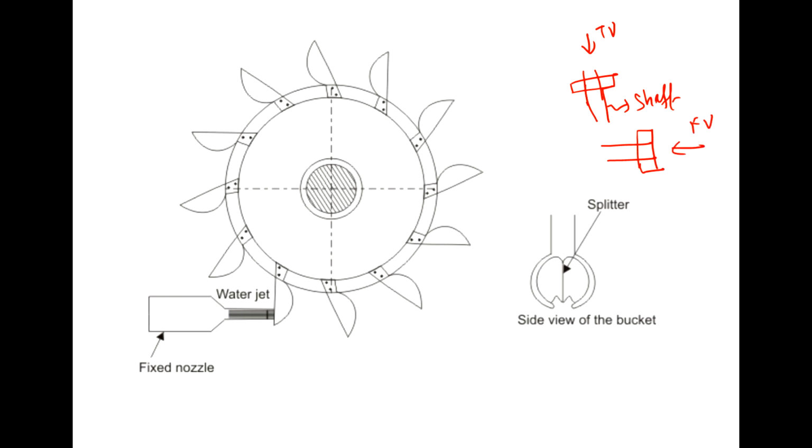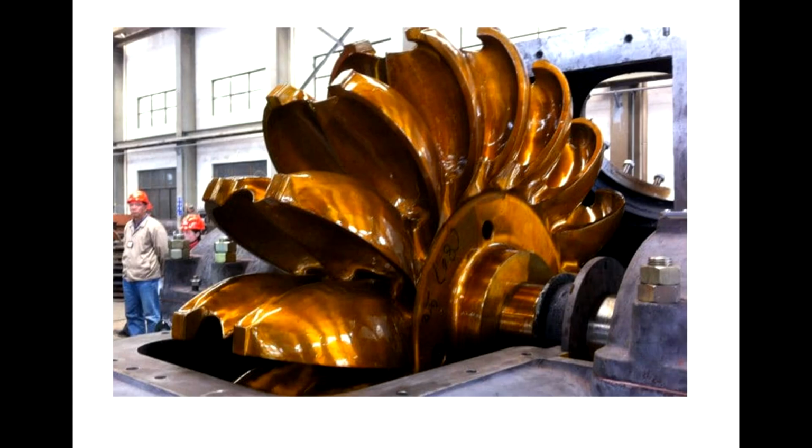I will show you some other figures so that it will be more convenient for you to understand. See, this is your Pelton wheel, right? This is the shaft. It is attached to the bigger rotor, and the rotor has a number of vanes. You could see the type of vane which is present here. It is something like two spoons, right? There was one spoon here, and there was another spoon here.